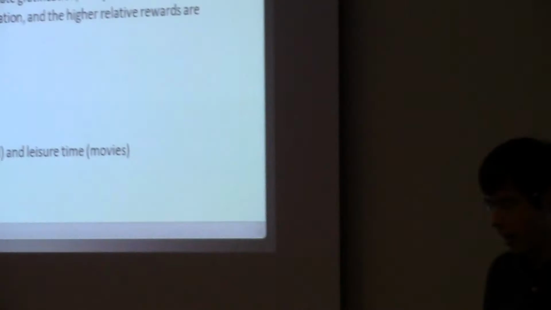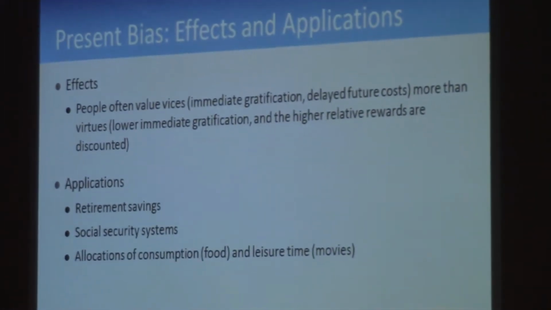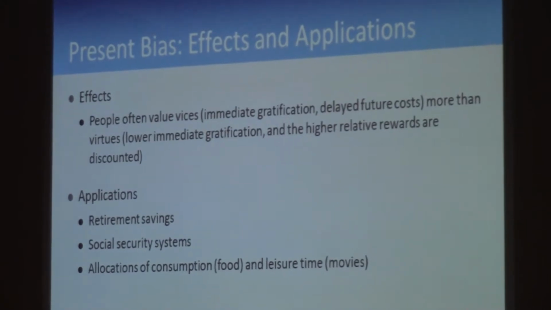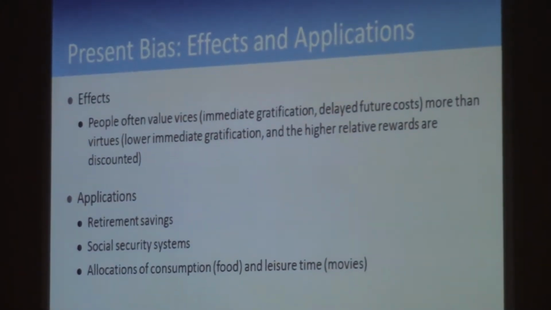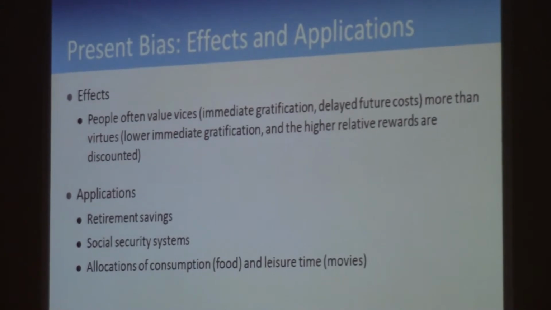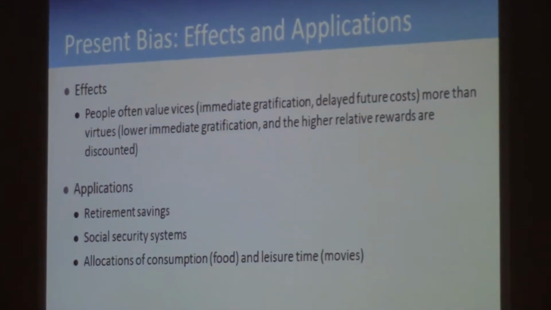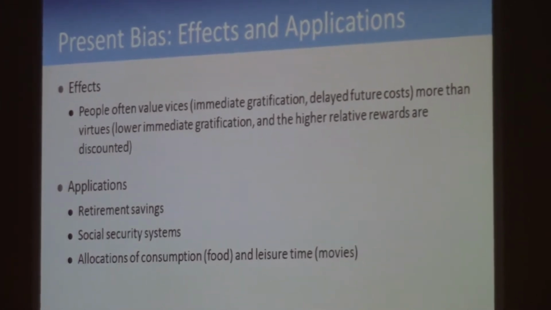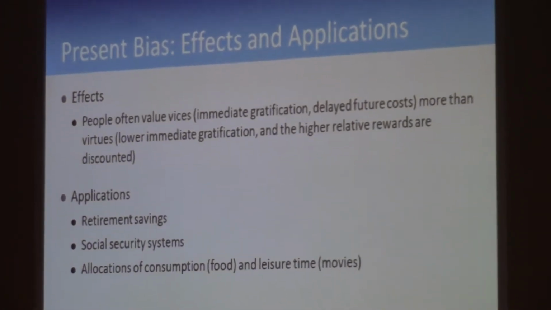Present bias has been studied a lot in psychology and behavioral economics, and the essential effect is that if people are making a decision about what's going to happen right now, they often choose a vice over a virtue, whereas if they were making the decision about what's going to happen to them in 10 years, or a longer period of time, they would choose the virtue over the vice. Essentially that's because vices have immediate gratification, even if they're less good, and their costs are spread out far in the future. Virtues have lower immediate gratification, which, if you're present biased, you wish was higher.